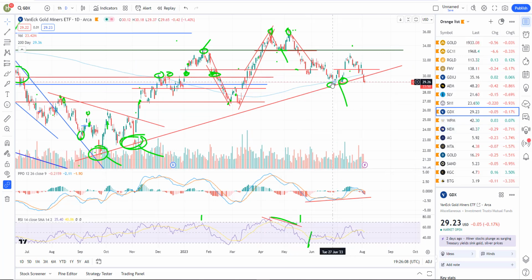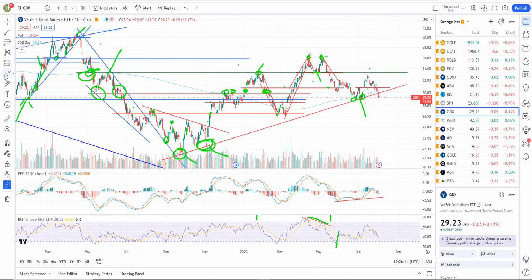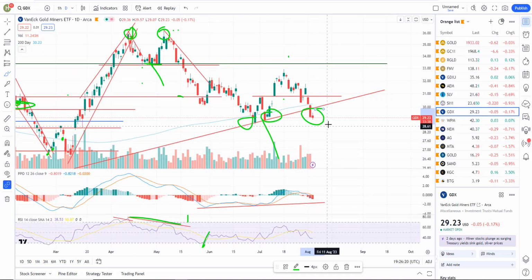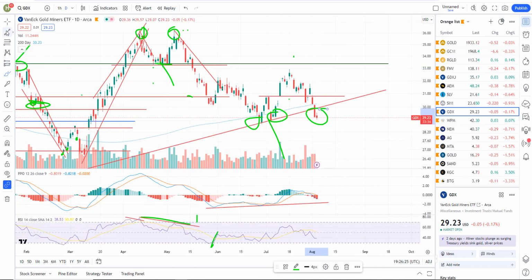Okay, gold. Here's the thing about gold. These are the gold miners. I've got an uptrend line right here to watch, and several reactions. We are below that trend right now. It is a divergent low, but it's not confirmed. You'll see the divergence, how the momentum is moving higher. We are trading lower now, but we don't have confirmation. So I could see maybe a little bit more, then it turns up.